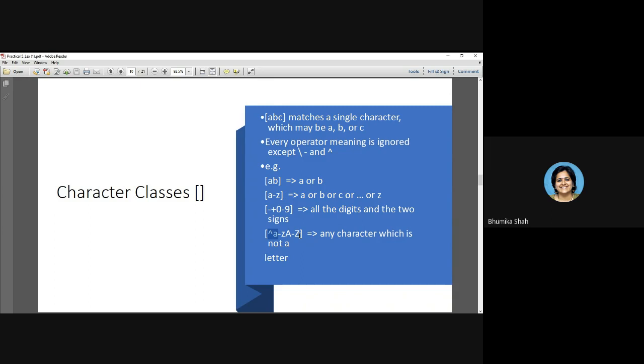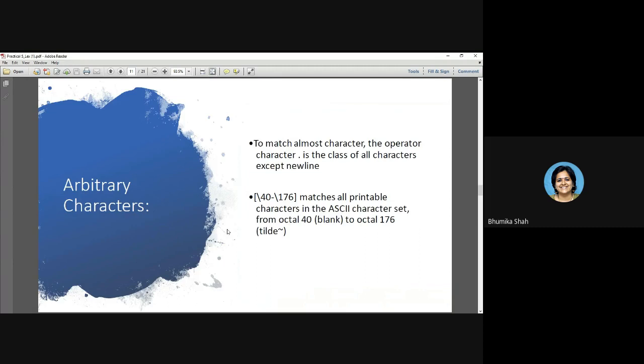Negation. It is going to satisfy any character which is not a letter. It can satisfy a special character, a digit, anything, but which is not between a to z or capital A to Z. Are you getting this? This is very powerful: negating your regular expression, satisfying anything which is not this. You'll see it with an example also.